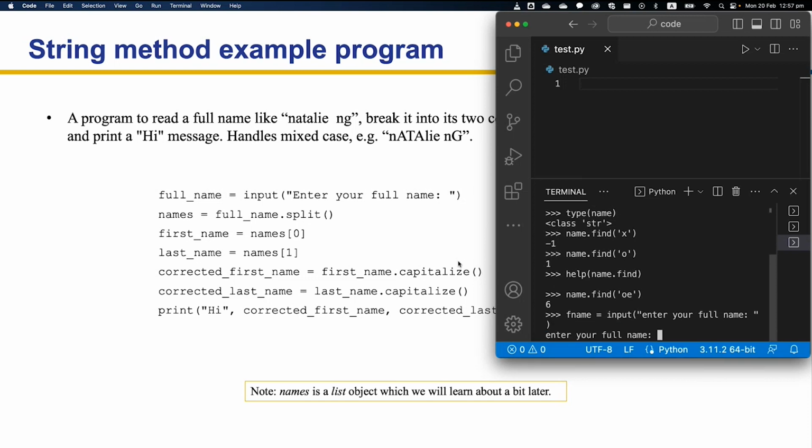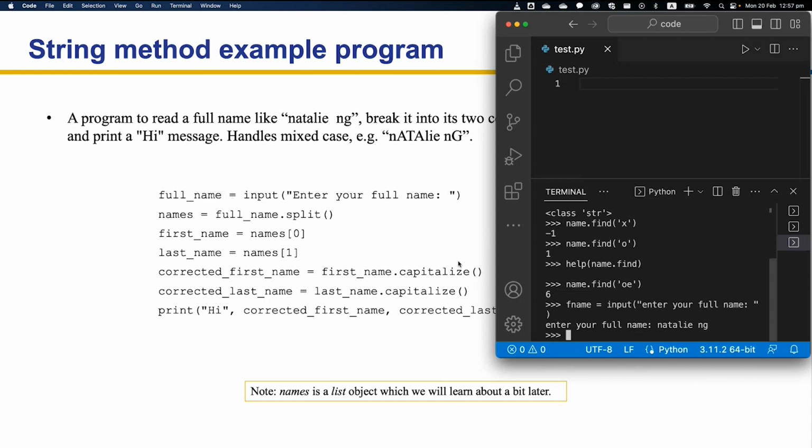Okay, now I have to enter. So let's input exactly what it was. Natalie Ing. Okay, so now if we look at fname, it contains the string Natalie Ing. Okay, names equals